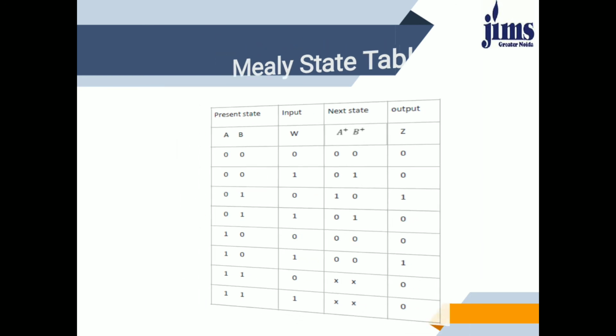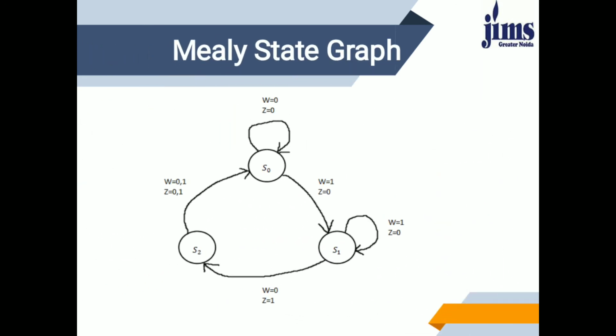this is the table. First we will discuss the graph. In this graph, output will be depending on the current state as well as input. So if we are at state S0, then if input W equals 0, it will remain in the same state, otherwise it will jump to the other state. Here we are not defining output inside these states, we are defining it separately. These outputs can be 0 or 1 depending upon our requirement or specification. So this is the main difference between the Mealy and Moore graph.